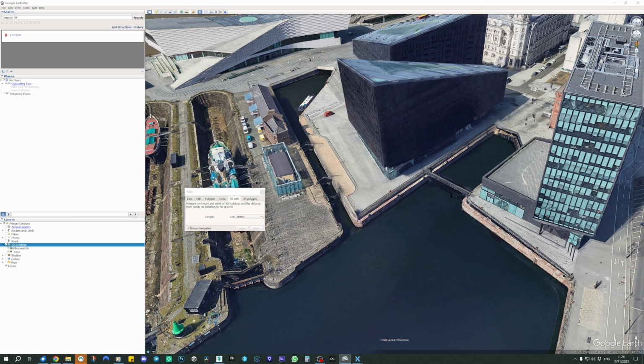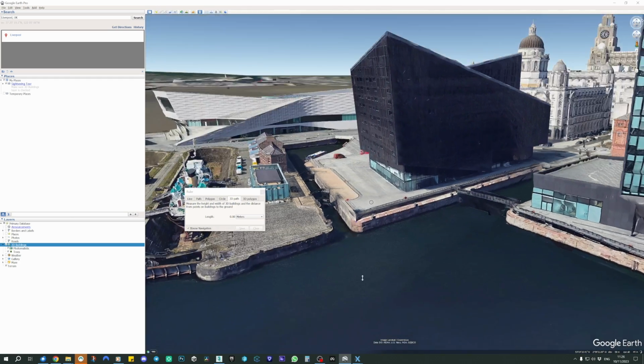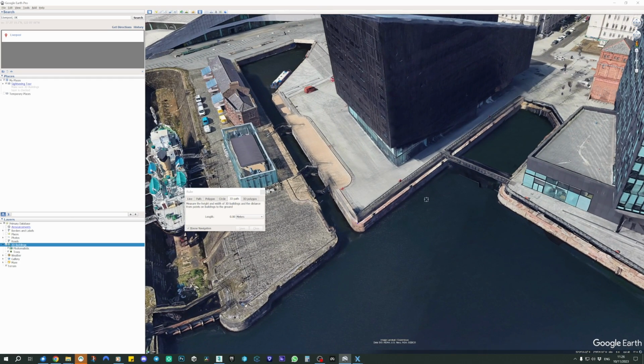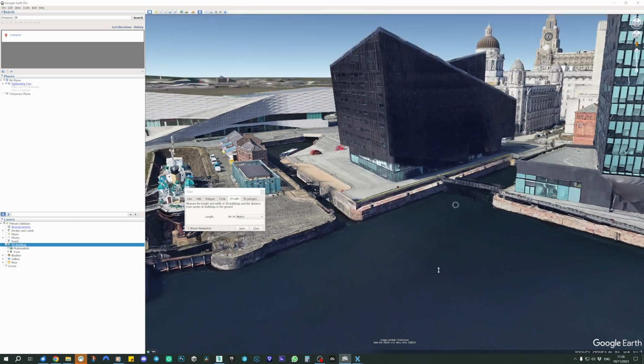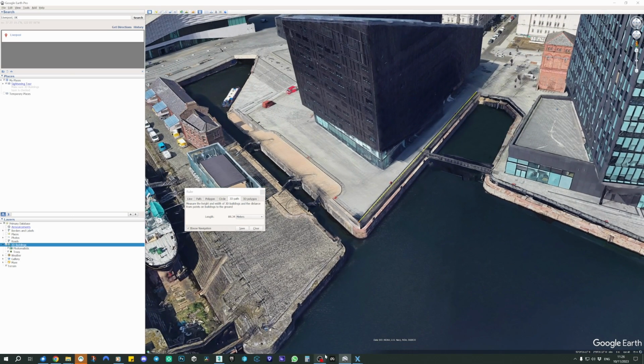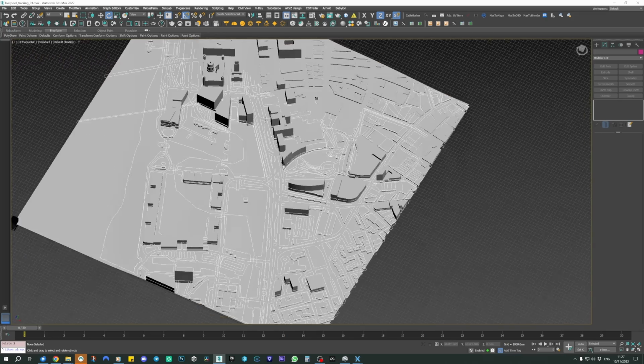So just try to place the points as accurately as possible, but if you miss it, don't worry. I think we just need to have it a little bit above. Okay, so you can also move the line. So we have here almost 90 meters, and we go back to 3ds Max,